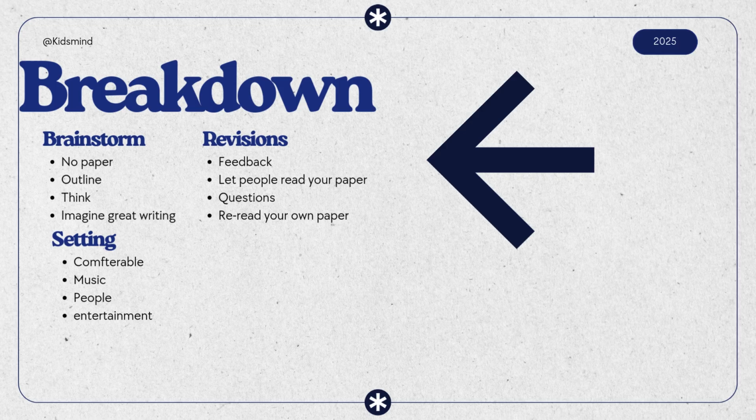I go back, I look at my feedback from past papers once I finish my newest paper. And as I'm rereading my paper, I make sure that I haven't done that again. I also let other people read my paper, the workshops. I let my mom read it. And if anybody else asks to read it, I let them too. Another thing is questions. Asking your teacher questions, asking people who are smarter than you questions. Those are two big things.